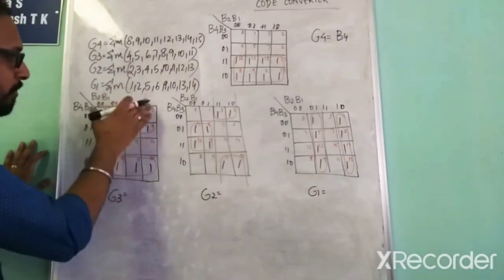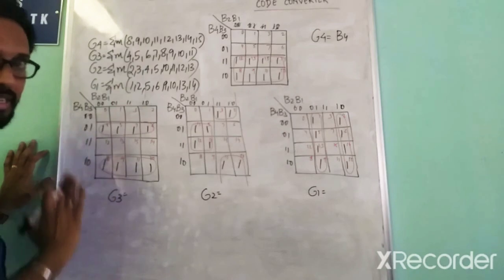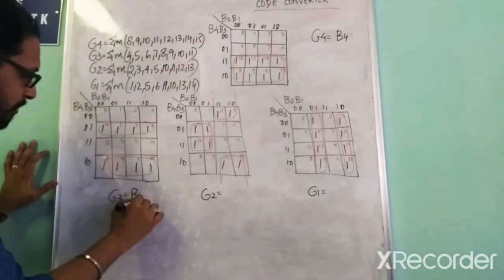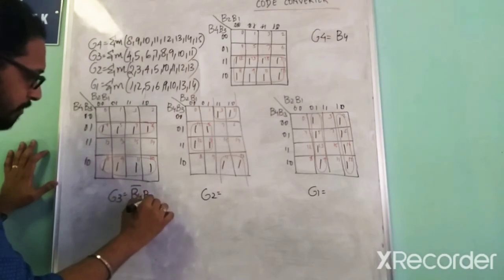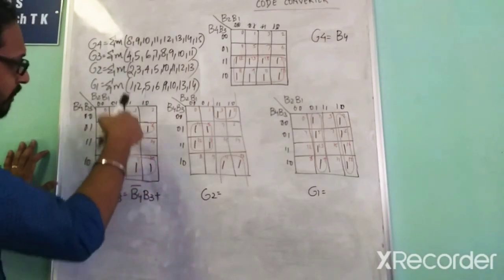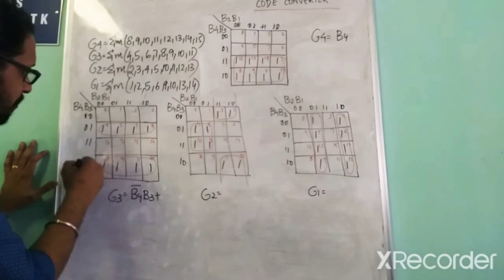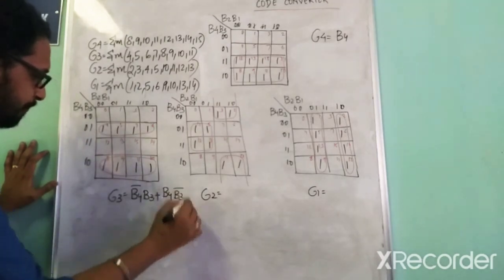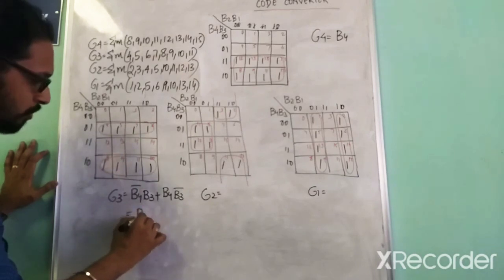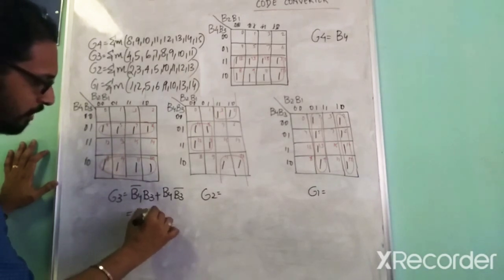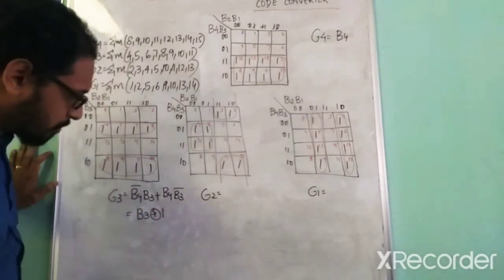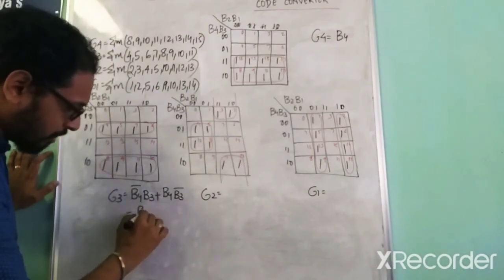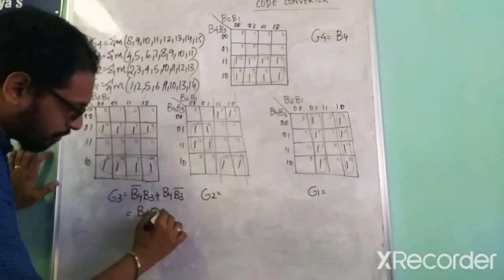Okay, next is solve this question, this part. Project it upwards, which means we can cancel all these cases. Project it leftwards means we get B4 bar into B3 plus another term is there. Project it upwards is cancel. Project it leftwards, we have B4 B3 bar. This is equal to B4 XOR B3.